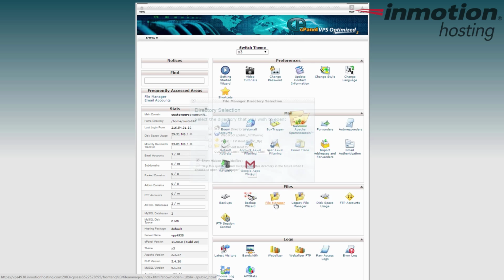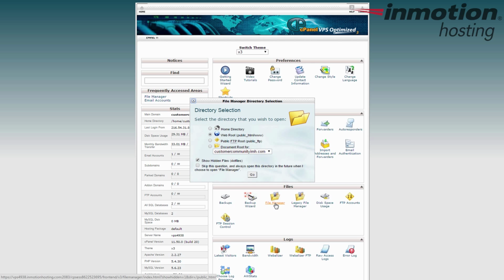All right, give that a click, and you get this little pop-up box. Now, the pop-up box is to figure out where you want to start. If you want to start in the home directory, which is the very, very top, generally you don't need much in there. You can start in the web root, which is pretty much where everybody starts out. This is the public HTML folder, and that is the default folder for your primary domain. Any add-on domains and subdomains and folders like that will also be under the public HTML folder, so it's just fine to start there. If you want to go to the public FTP folder, that's another option,